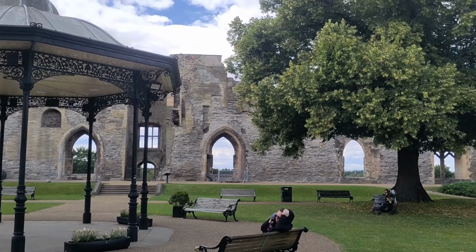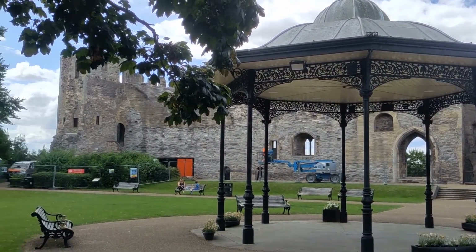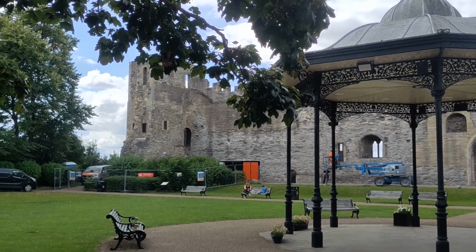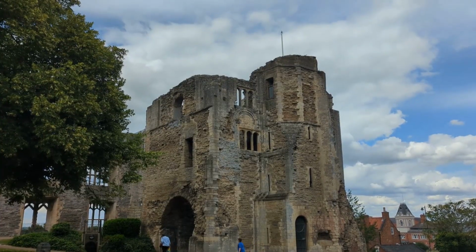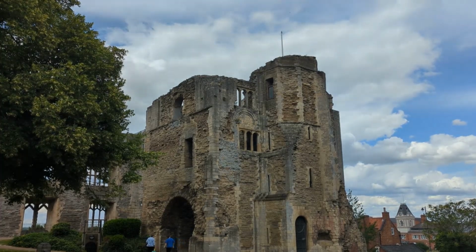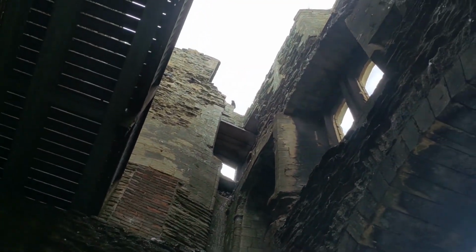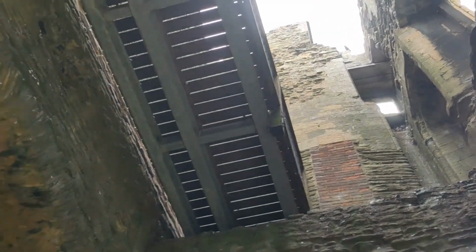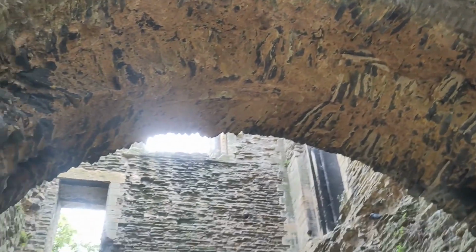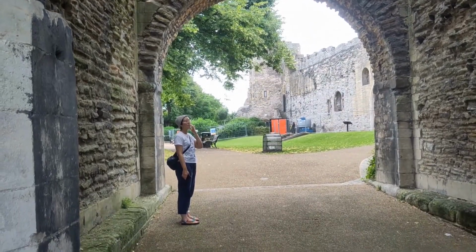Even in its ruined state, Newark Castle is an impressive structure. There's been a fortification here since about the 1100s, as it's where the Great North Road crosses the River Trent and was always considered an area of tactical importance. Newark Castle is famous for two things. It's the place where Bad King John ate his last meal, and it's also a stronghold during the English Civil